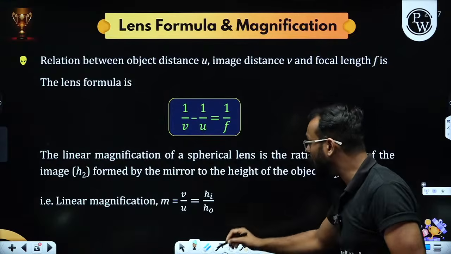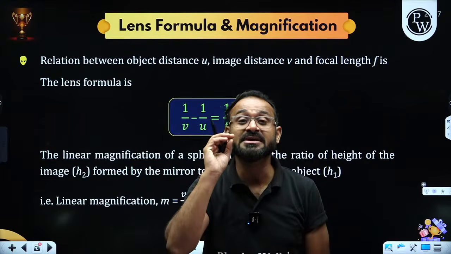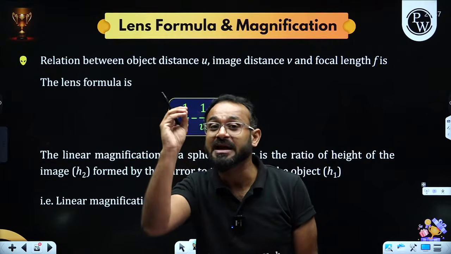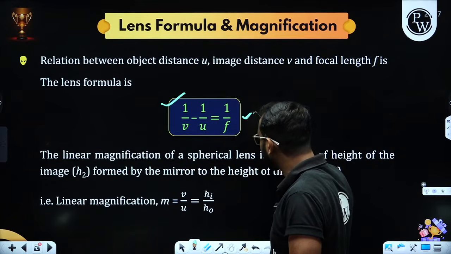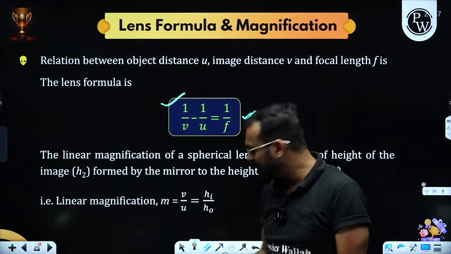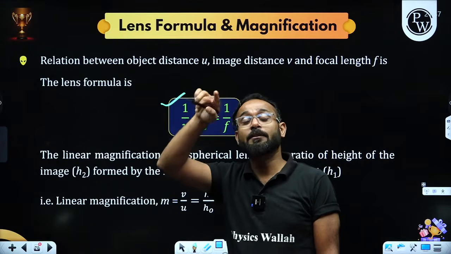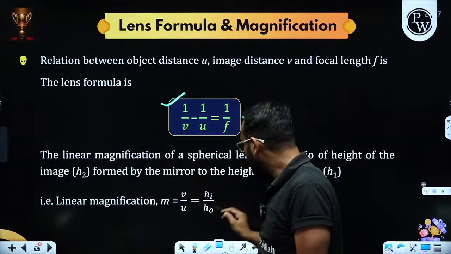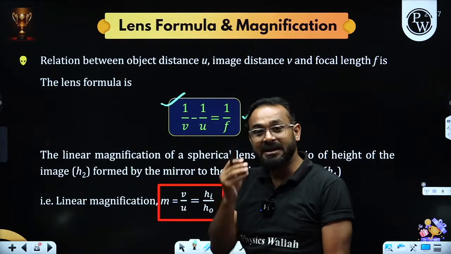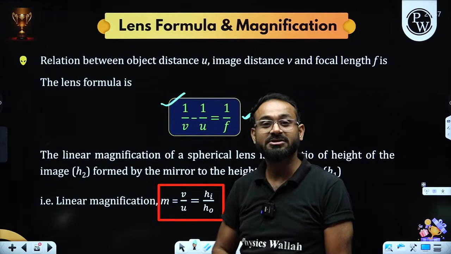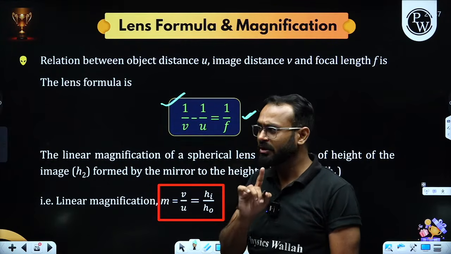So over here, the formula is changed. In the case of spherical lens, it gives you 1 by image distance minus 1 by object distance equal to 1 by focal length, that is 1/v - 1/u = 1/f. What about magnification? In mirror, that was m = hi/ho = -v/u. Here it is going to be hi/ho = v/u. Minus sign eaten. Finished. No minus sign in case of lens. Okay. Clear to everyone?